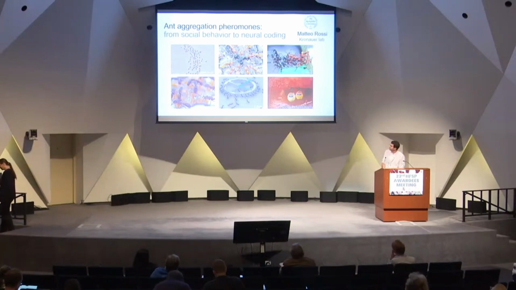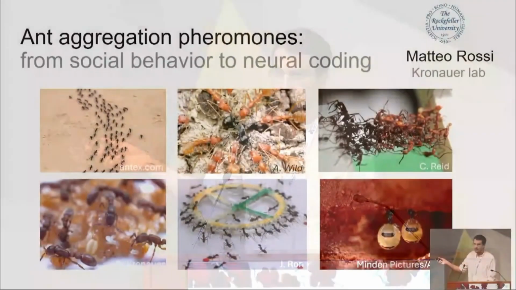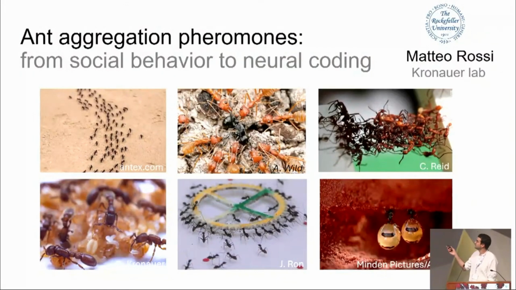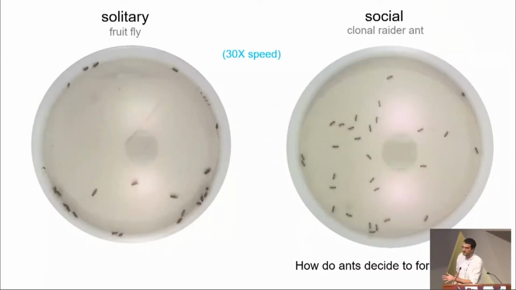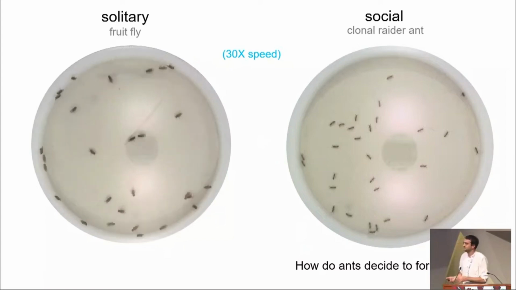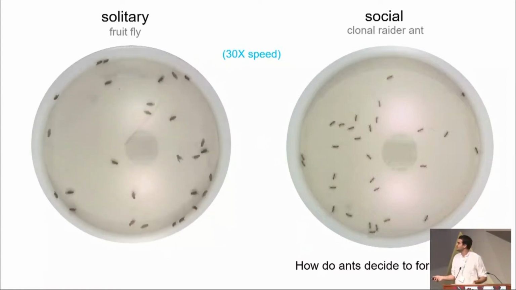So ants are adapted to living in groups where individuals cooperate with one another in order to survive and reproduce. For example, they take care of their brood together, and they might even make a bridge out of their own bodies in order to reach a certain place. Indeed, if you throw a bunch of fruit flies or another solitary insect into an arena, you would see nothing